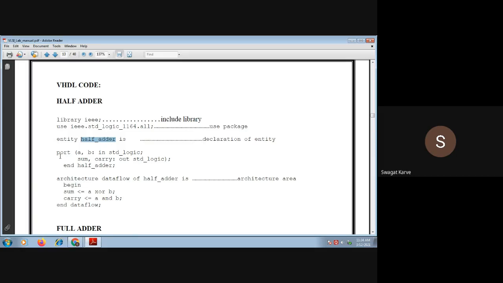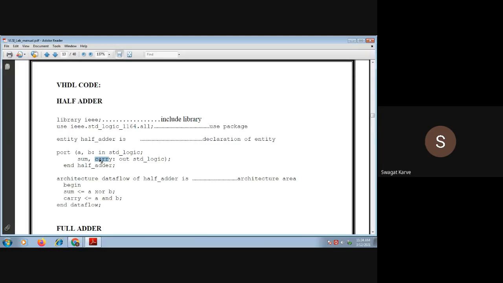Now port. We have to define the inputs and outputs. For a half adder we require two inputs and two outputs. So A and B are the inputs, the mode is selected as in, and the data type is std_logic. Again sum and carry are the two outputs. It is not always necessary to use sum and carry. You can simply write S comma C also, as VHDL is not case sensitive.